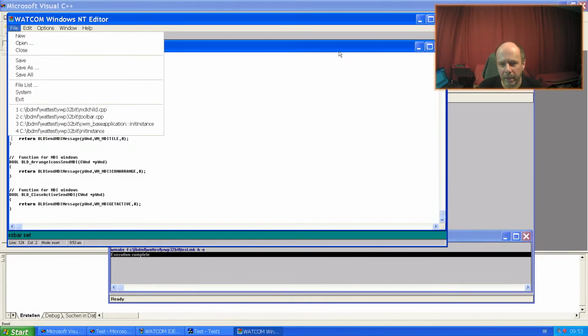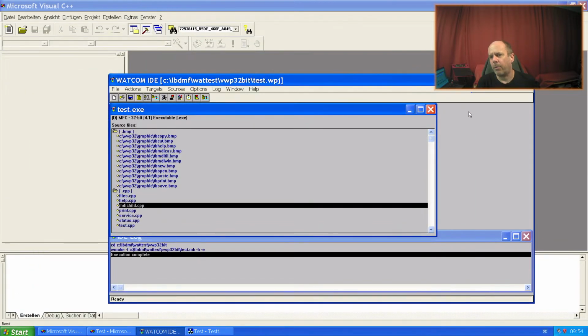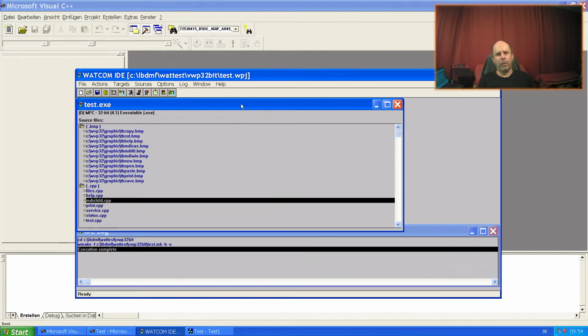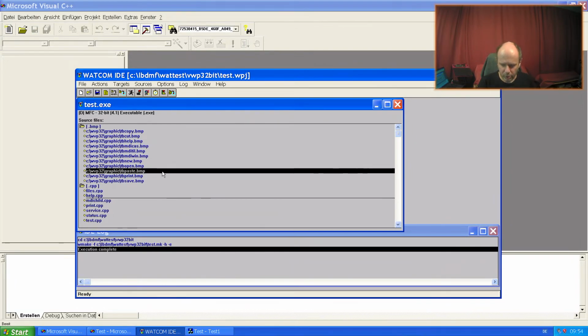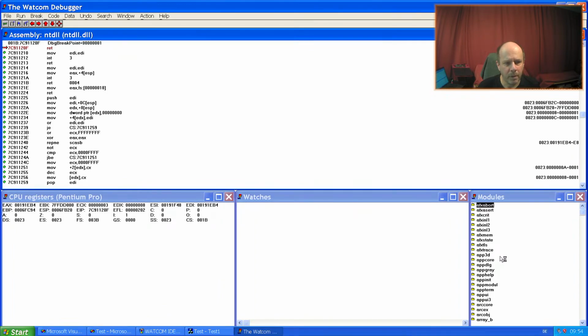This is the editor, and I am confused because I cannot set breakpoints in the editor. From the usability side, beginning with C++ programming and Windows programming in these days, I don't understand how I was able to create so much code. Compared to today, it's nothing. For the sake of my application, this is only an example, but I was not able to debug. I need to go into the debugger, and here I don't see my code in the startup.